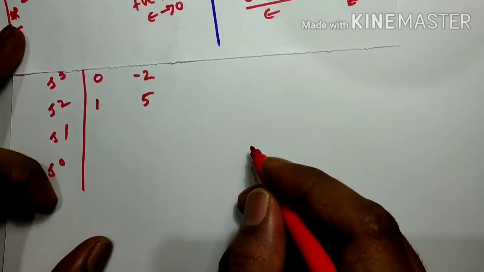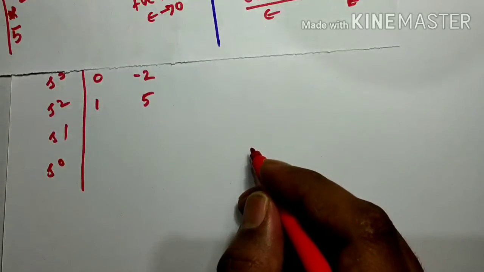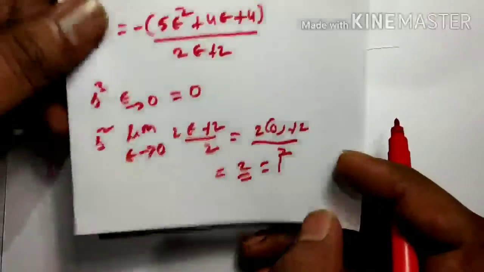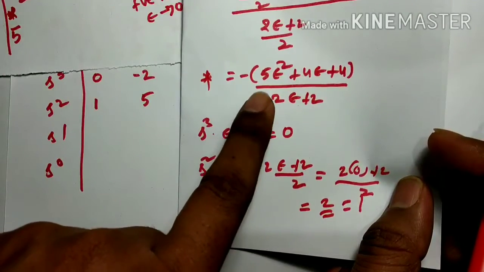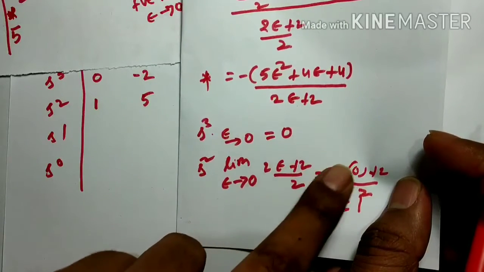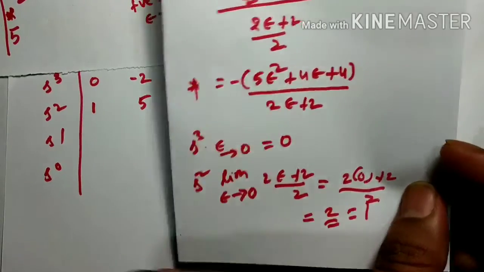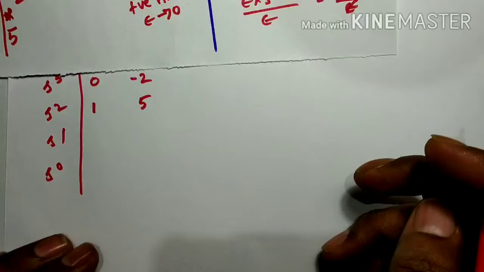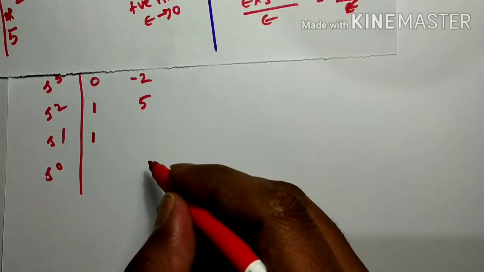Now what is this star? Star means this one: minus 5 epsilon square plus 4 epsilon plus 4 by 2 epsilon plus 2. When epsilon tends to 0, you get a 1. So in this place I am going to put 1. Alright, so finally you will get